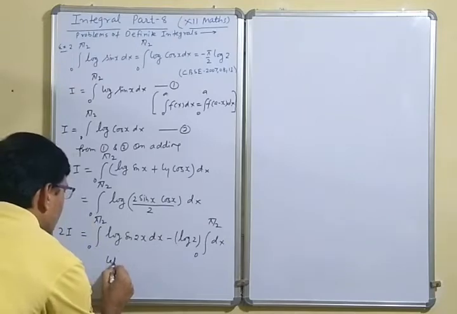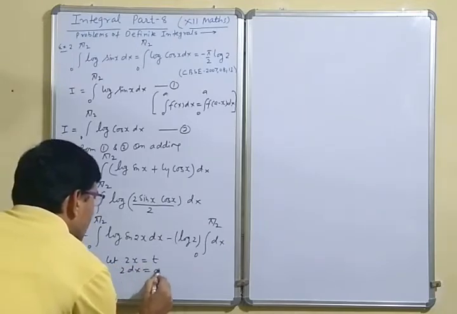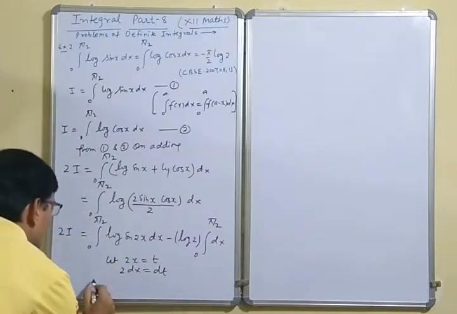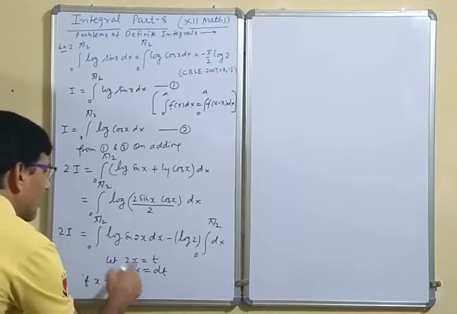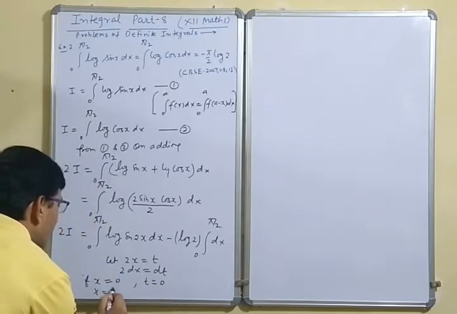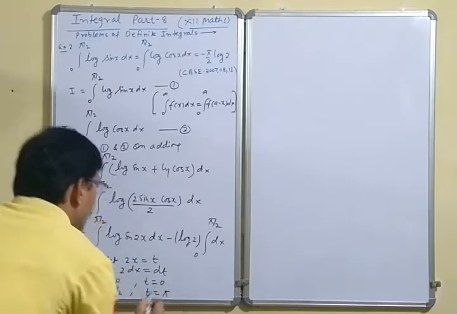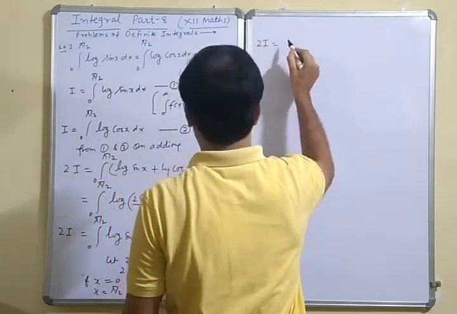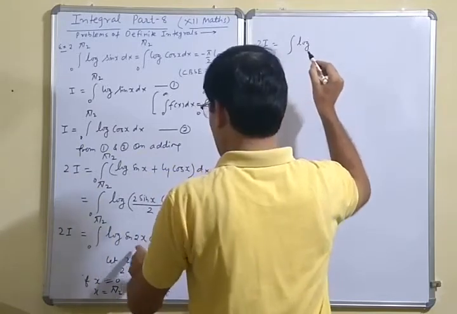Let 2x is equal to t, so 2 dx becomes dt. After that we will change the limit. If x is equal to 0, then t is also 0. And if x is equal to pi by 2, t becomes pi. So this integral becomes 2I is equal to the integration of log sin 2x, which means